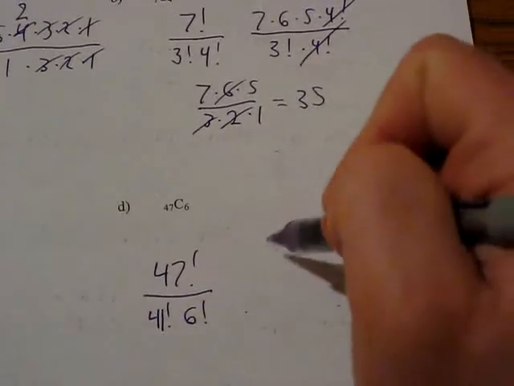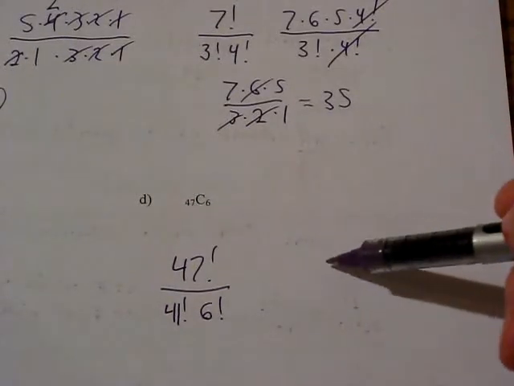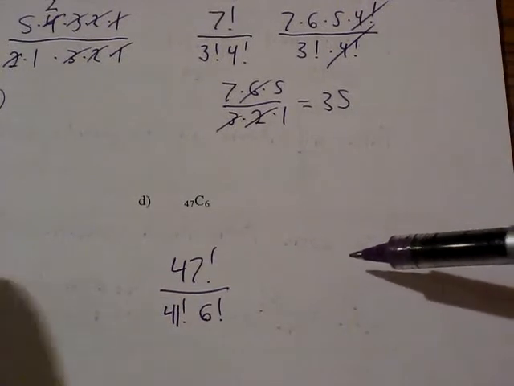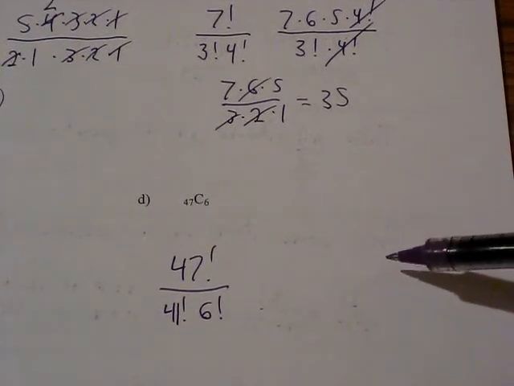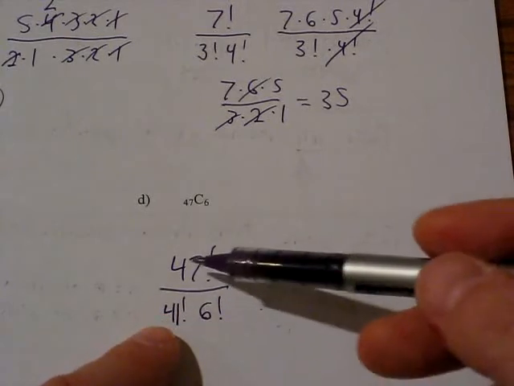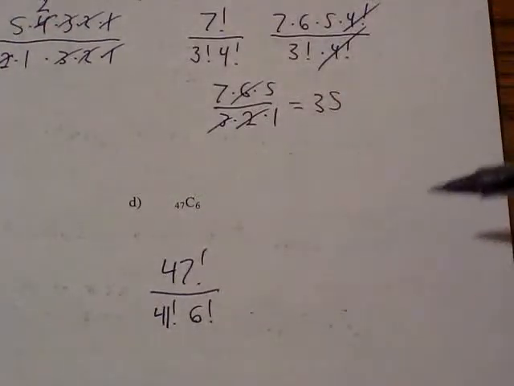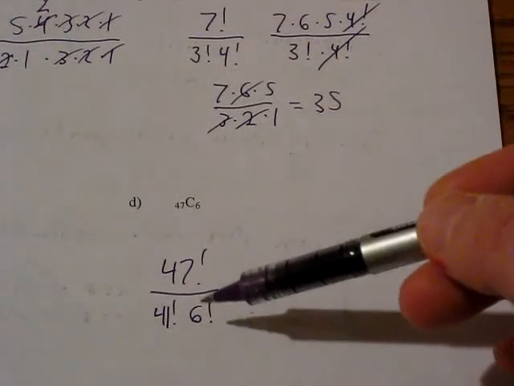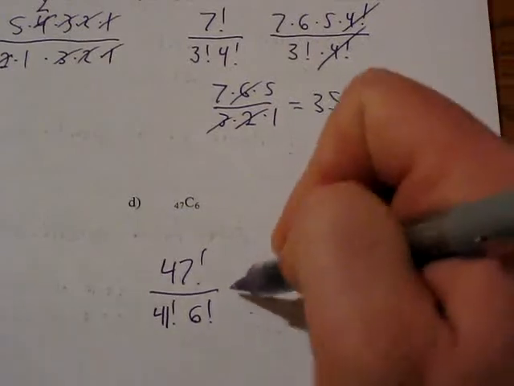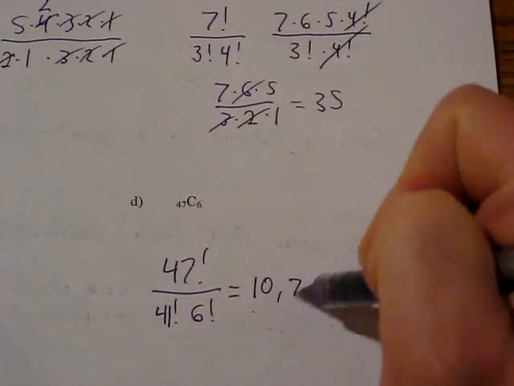But really, you can make this easy on yourself by going 47 times 46 times 45 times 44 times 43 times 42 times 41, but then crossing out the 41s, and then taking that multiplication at the top, 47, 46, 45, and then divide that by 6 factorial. When you get to the final answer, however you do it, you get